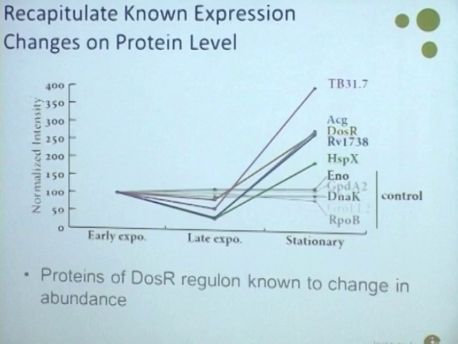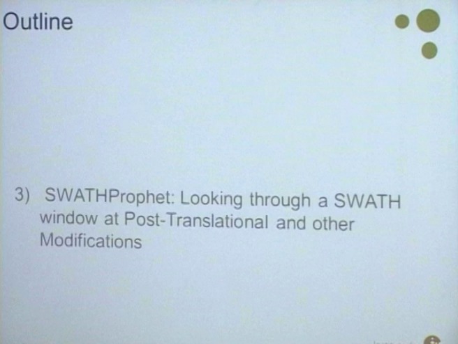And you can take those types of results and start to create these profiles, which you can use to classify certain proteins based on perturbations within the cell and understand how those changes occur. But the goal here is really to provide tools that people can actually use with these types of results. And so one of the tools that we developed was the SWATH Prophet, which gives you a probability score based